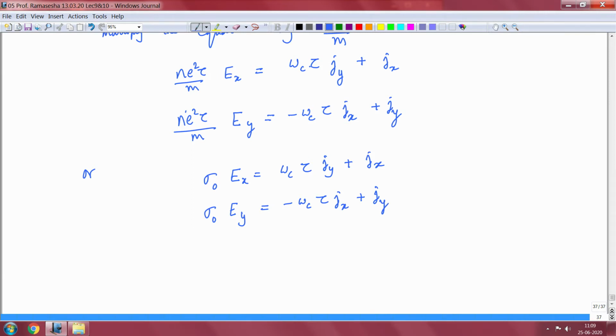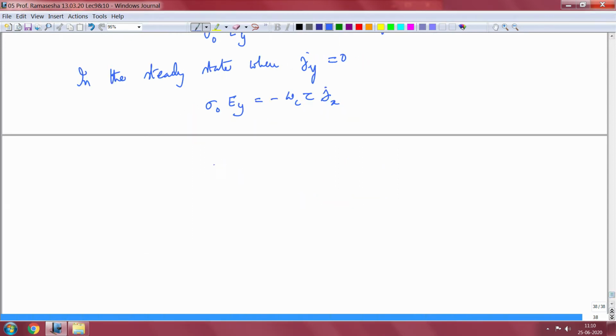If there is no current flowing in the y direction, so let us look at the steady state. In the steady state, when Jy is equal to 0, that is no current is flowing except in the x direction, then what happens is that we can write down sigma naught Ey is equal to minus omega C tau by sigma naught times Jx, or Ey is equal to minus omega C tau by sigma naught times Jx,